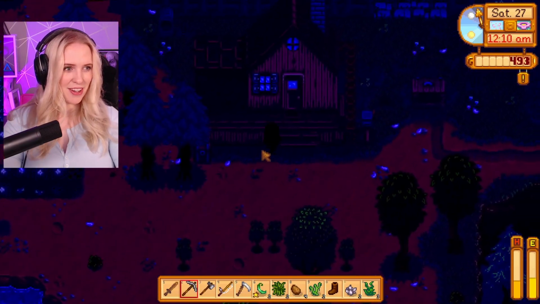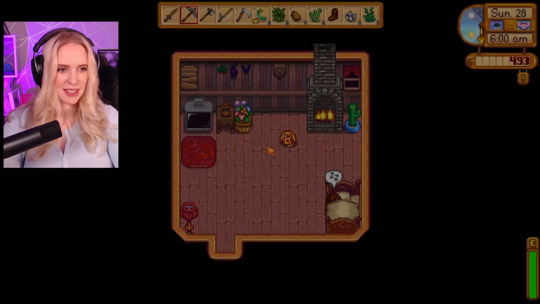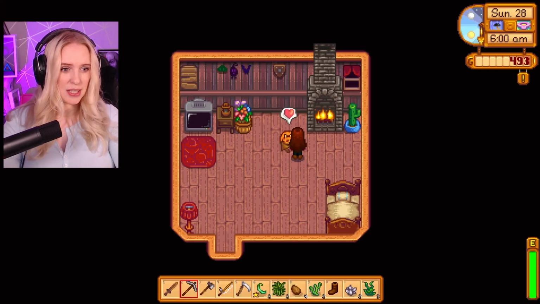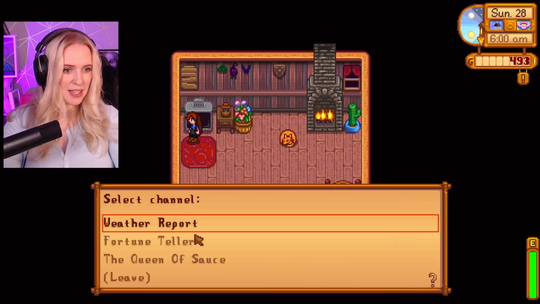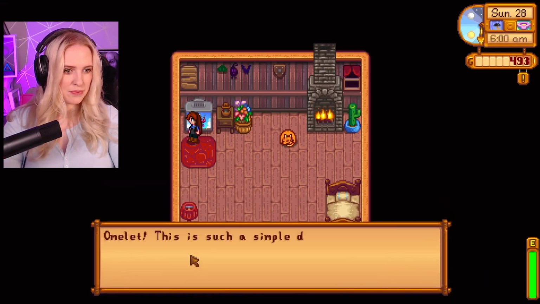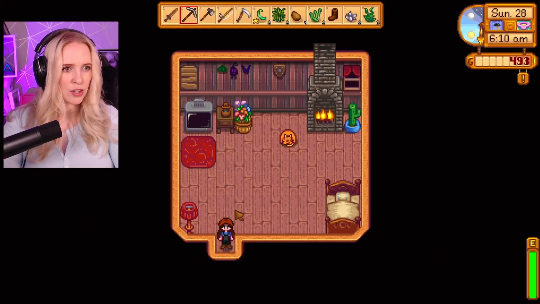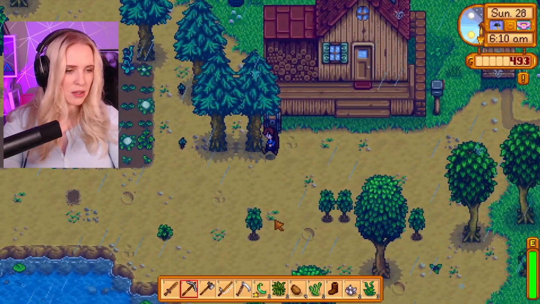Oh my god, the monsters are on my property. Get off. Oh my god, nightmare fuel. All right. I'm happy. I'm happy with that. Okay, so is this the last day of spring? Cool. I can learn how to cook all these things, but I don't have a kitchen or anything to cook with. So...